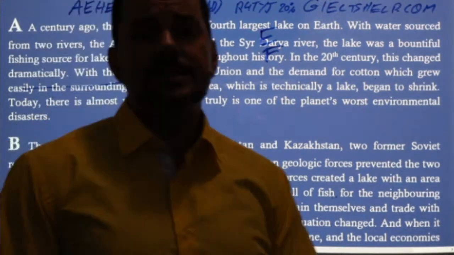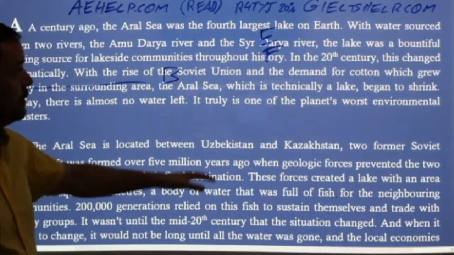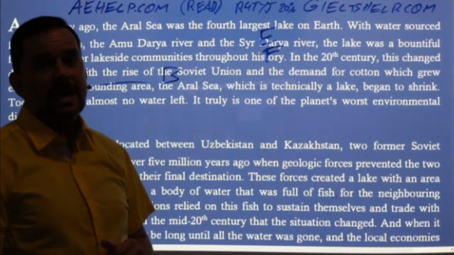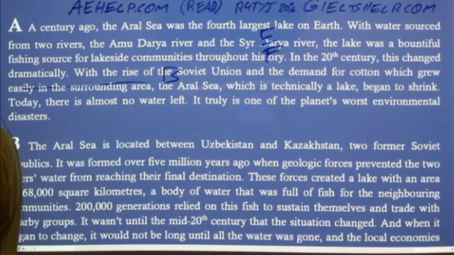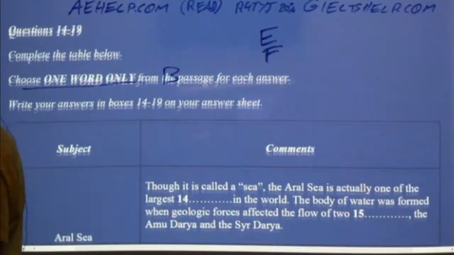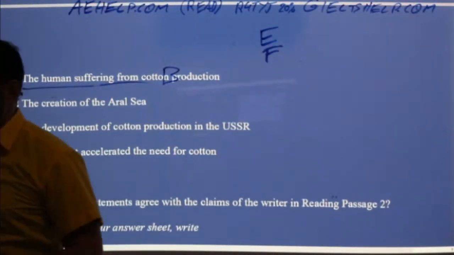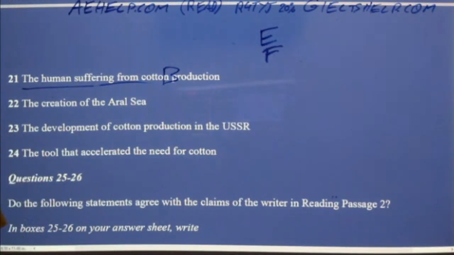Another reason why skimming and scanning is not effective. If a student is skimming and scanning, they would very likely get this wrong by choosing paragraph A. But the better answer is paragraph B. So this is one of those classic examples where it's better. So B is better than A.